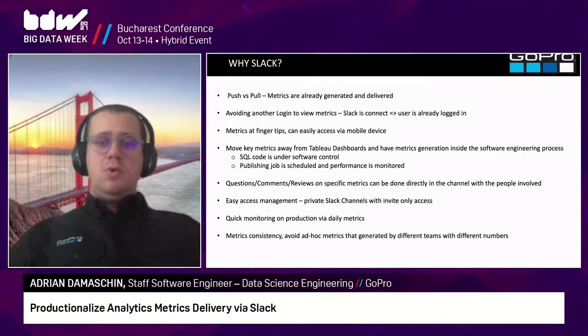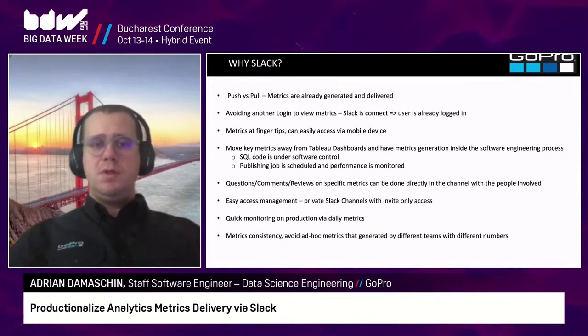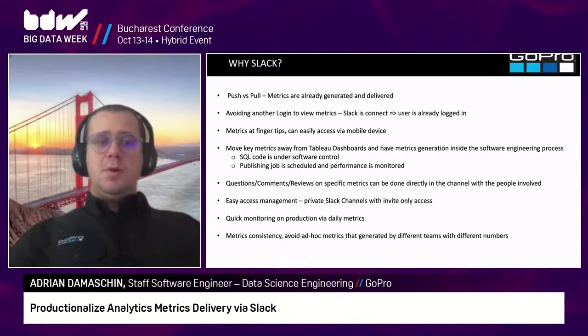So we don't have issues of difference in numbers because of somebody selecting something different in a Tableau or a Power BI. The publishing job is scheduled and always comes at the same time. Performance is monitored, so even if something fails, we have a disaster recovery process where engineers step in and fix the job, and the job gets pushed anyway.